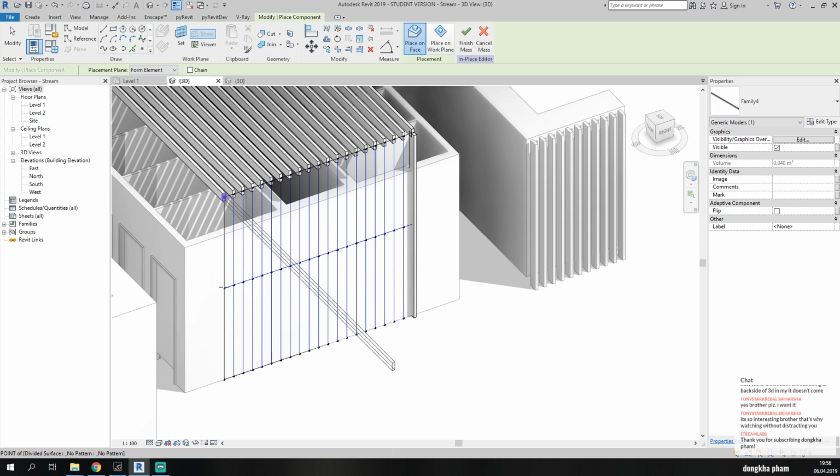Everything I'm doing has a reason, guys. So don't think I'm doing something wrong. Yeah, maybe sometimes I'm doing it wrong. I won't lie, because you never will know the program 100%. Don't think that if you're watching my videos or someone else's, you will know Revit 100%. No, until you make these mistakes and solve them, you won't know Revit